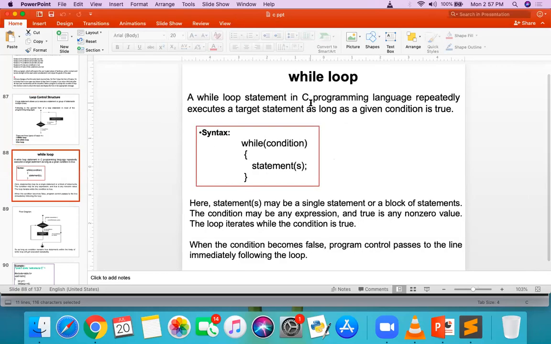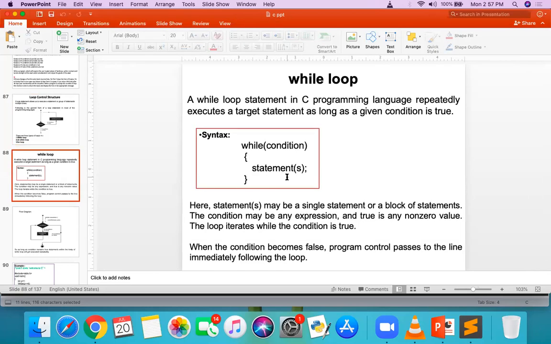So the very first loop is the while loop. A very simple loop, and every language has this loop. C++ also has it, Java also, Python also, .NET also, every language has this while loop. So what is this loop?